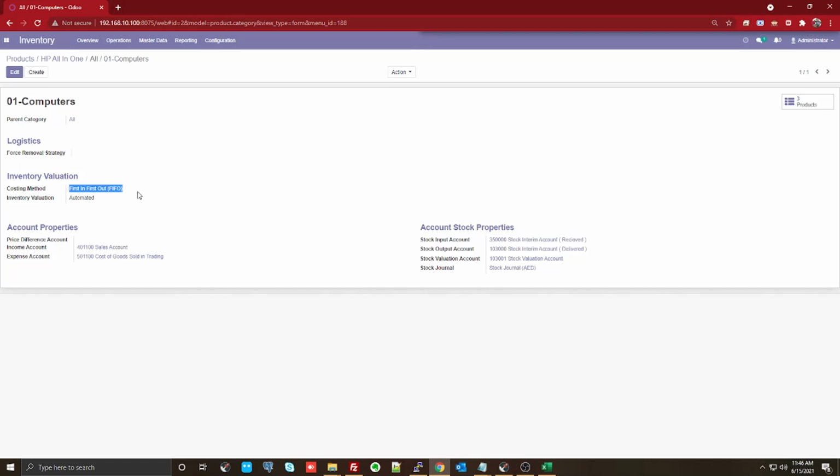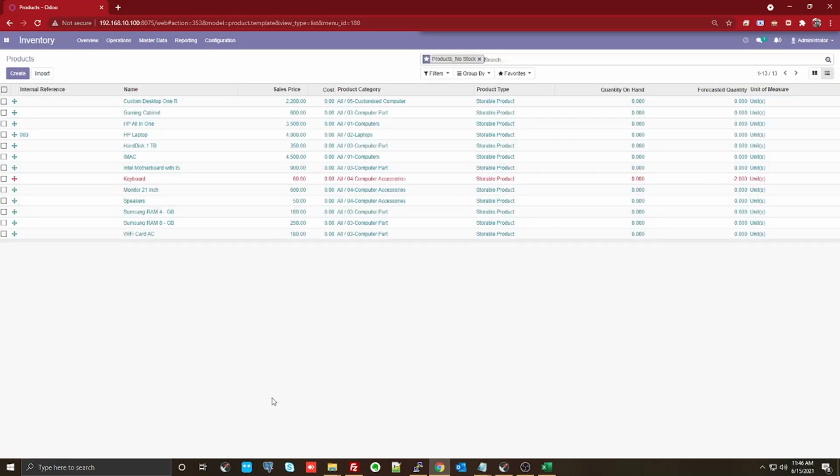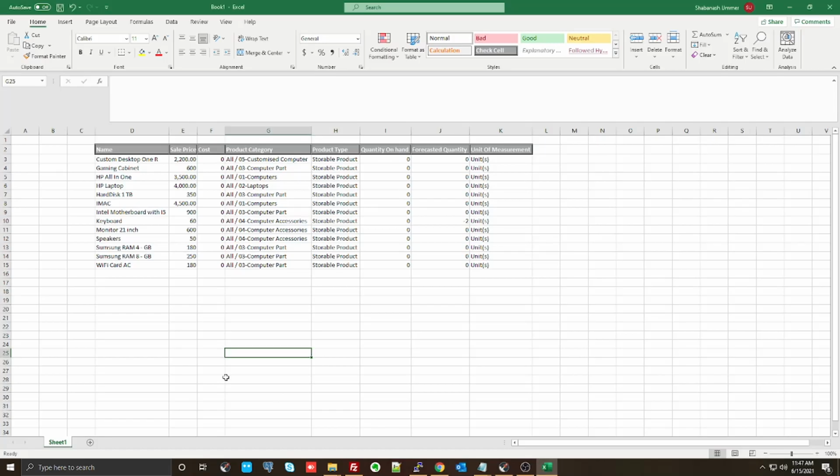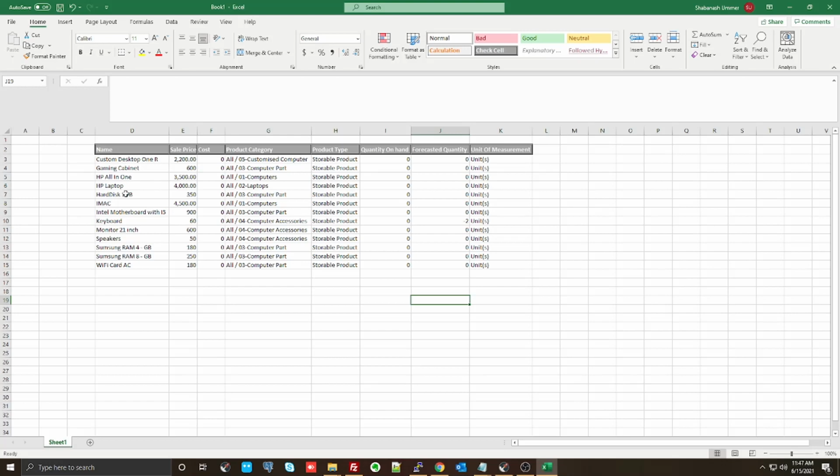So the initial purchase value will be used till you get exhausted with that stock, then it goes to a second pricing, and goes on and on. What we are interested in here is to see this on a real case. Let's go through this scenario. These are all the products which do not have the cost at this point of time. Just for reference to come back and review, I've exported the same data here, so you can see that these are all the products.